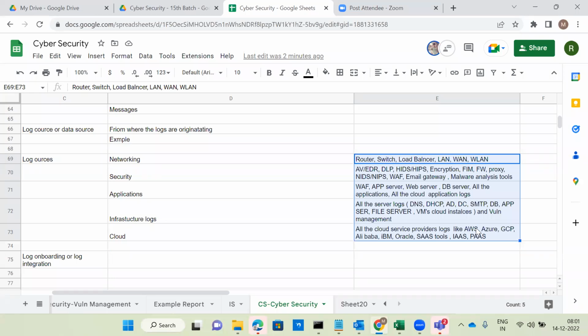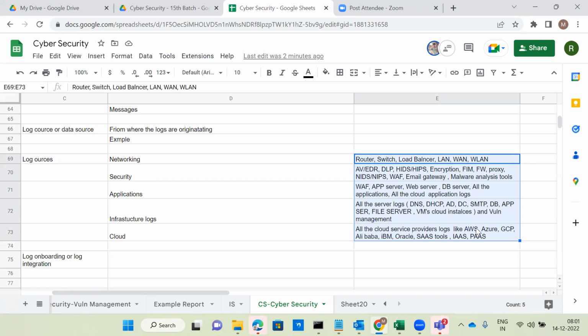Okay. So if it is a server we have to onboard. As I said, today all the implementation is completed. Tomorrow one new server is configured, or the day after tomorrow a new application is deployed. If we want to integrate that new server or new application, we have to onboard it, nothing but integrate those logs to the SIEM tool as well. Why?